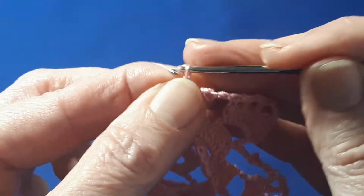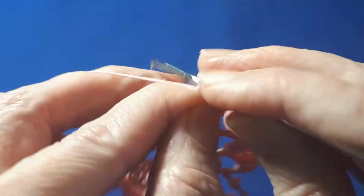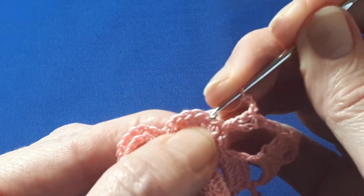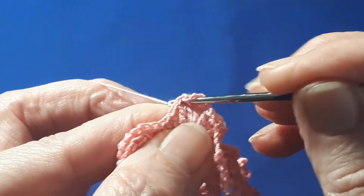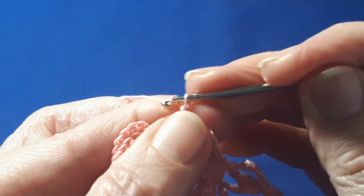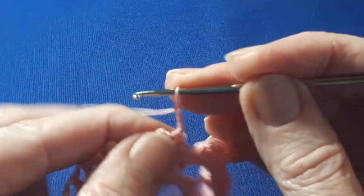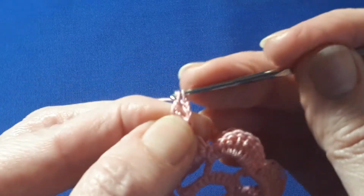So 6 chains, 2, 3, 4, 5, 6, skip 4, 1, 2, 3, 4, and into the last double crochet, you make a single crochet, chain 3, 1, 2, 3, turn, and into your 6 chain loop, you make 8 double crochets,